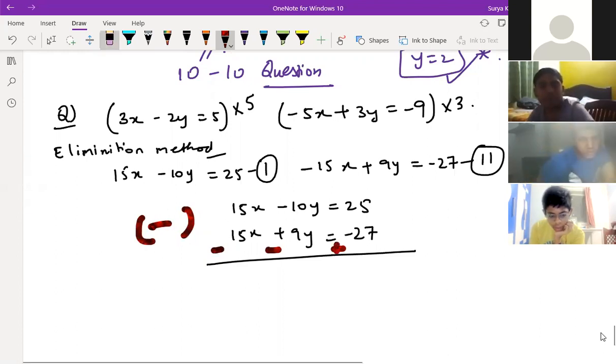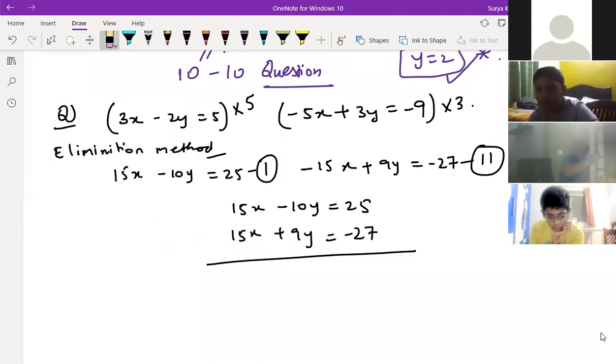Yes, sir. So sir, basically, what you're saying is, if it's different sign, you have to add. If it's same sign, you have to subtract. So either case, it cancels. Exactly. So we should get one part cancelled. Either you cancel x or you cancel y. So do we carry out subtraction in this now that we have both on top and bottom?